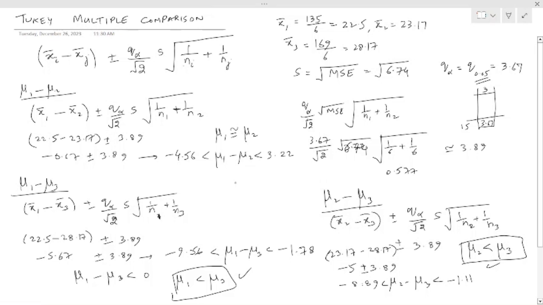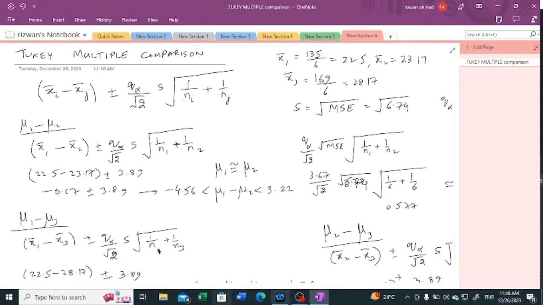And similarly, we can draw this conclusion that policy 3 gives us the highest amount of mean sales. So this is how we can perform Tukey multiple comparison. And that's all for this